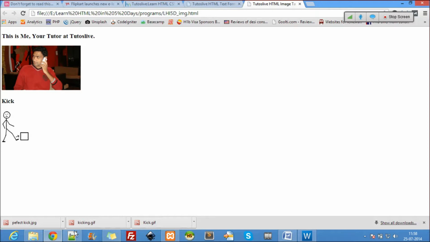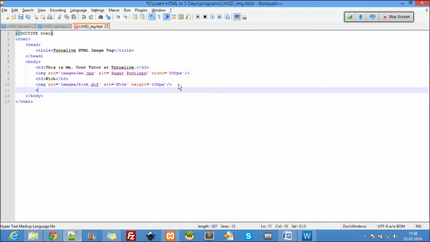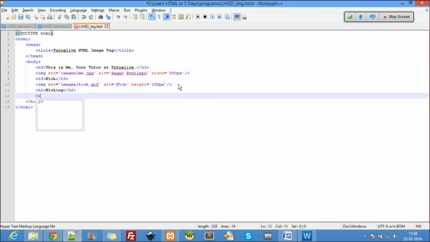All right, okay, now let's use another image here, h3 or h2, kicking. img src equal to images slash kicking.gif, right? Alt equal to kicking.